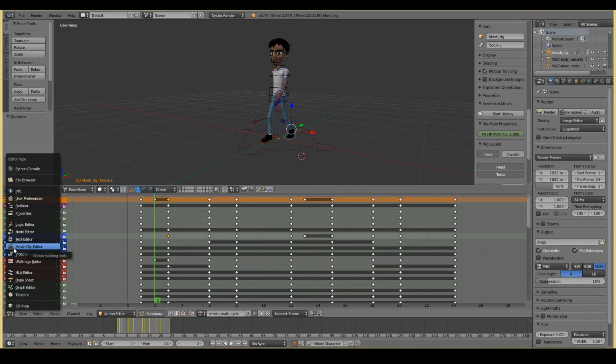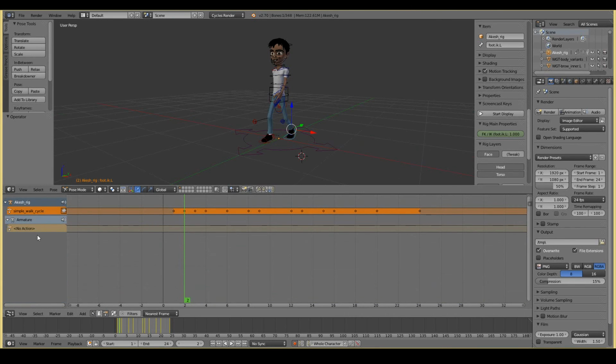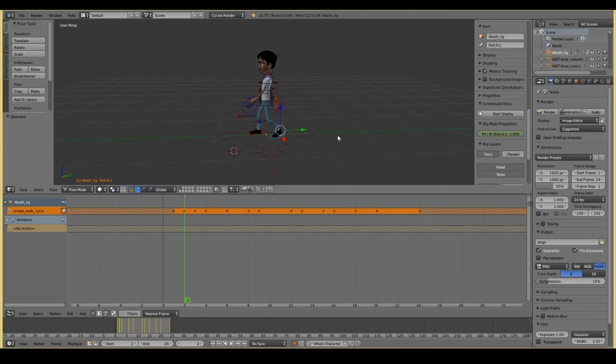I want to show you a technique that I used before to create my walk cycles, and that you can use yourself in your animations, and why it's probably not a good idea. I'm just gonna go ahead and enable that so that you only see the armature animation, not any other animation data. So what I did there is I went to the NLA editor, and we can see our simple walk cycle animation data there.